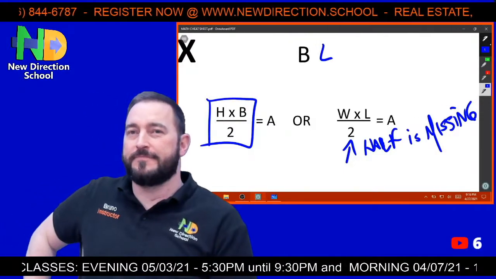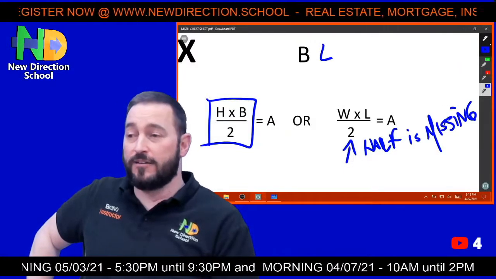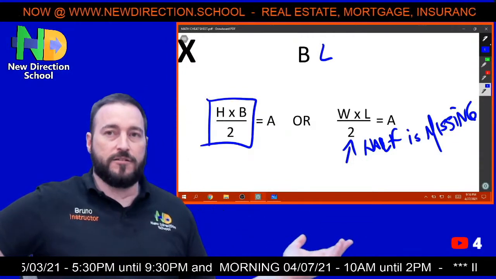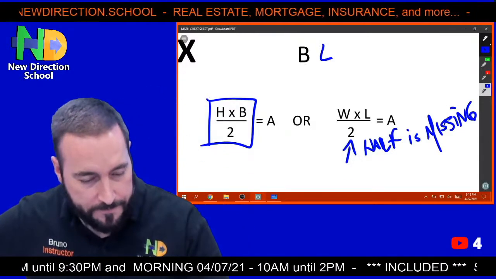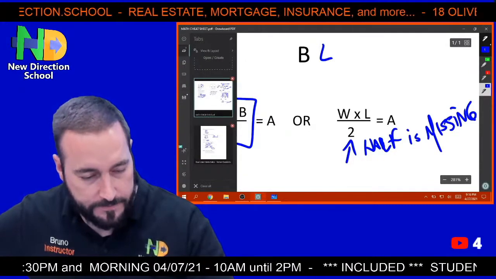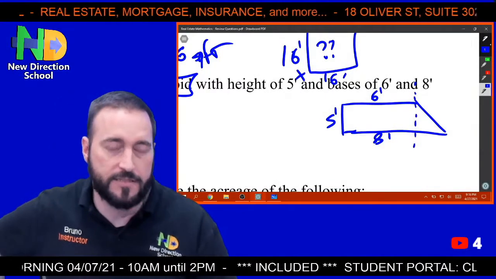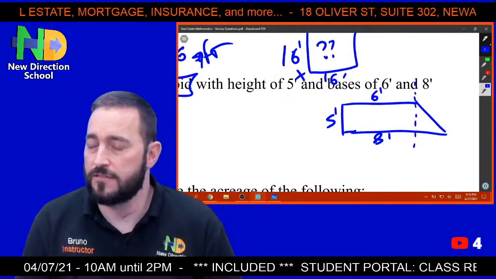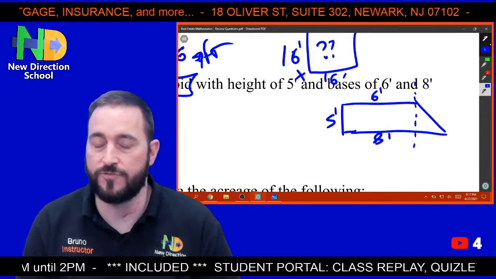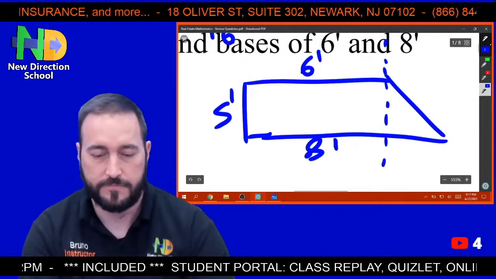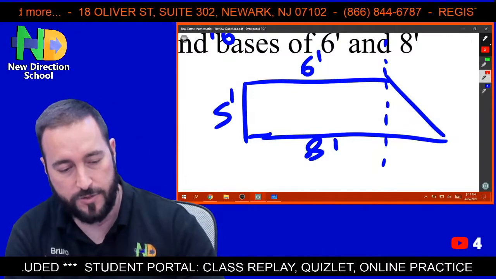Why is this important? Because if you have a trapezoid, an area that's irregular, as a lot of lots out there are, irregular lots, we need to figure out the square footage, the proper square footage. Okay? So, let's go back here. And this is what we have. We have 5, 6, and 8. Those are the dimensions of the trapezoid. We got 3 numbers to figure out the area of 2 parts. The rectangle is easy, okay? Because it's the 5, which we got here, and the